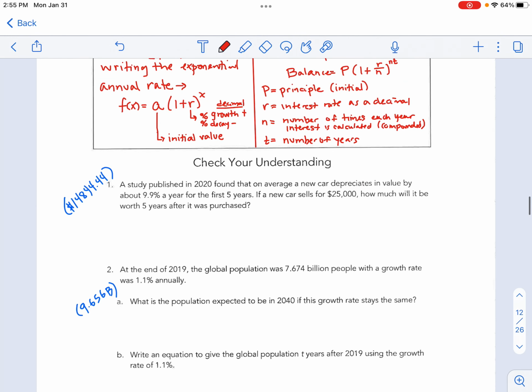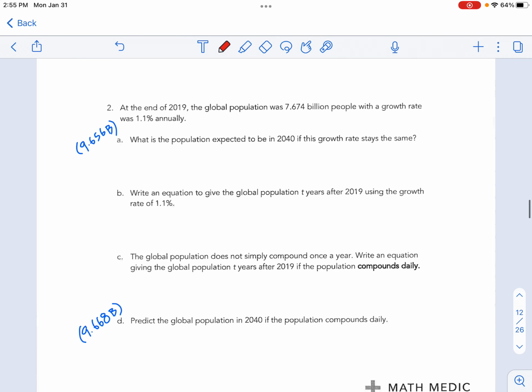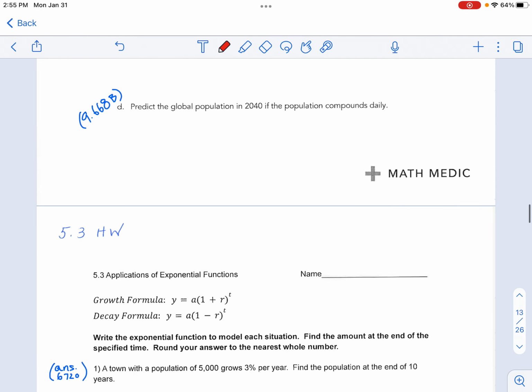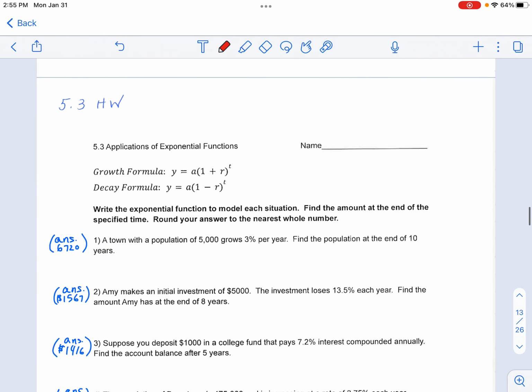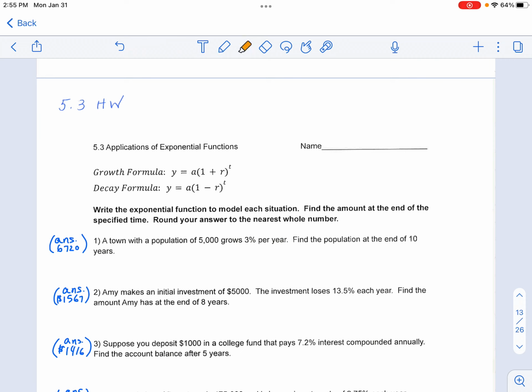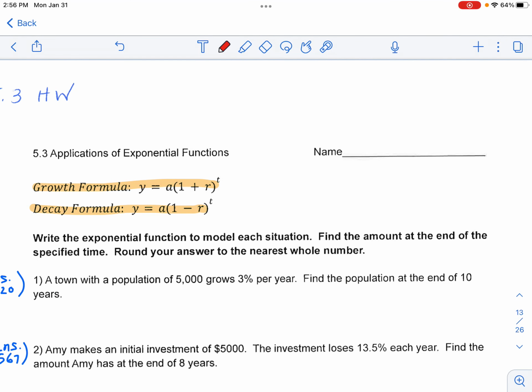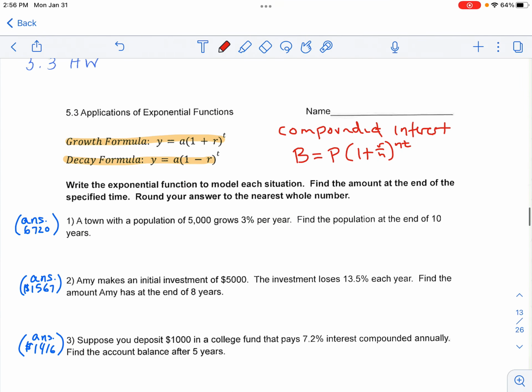And so as you're working on the check your understanding, I have a few answers here to help guide you, to see if you're getting the right answers as you're working on these compounding questions. And if you notice down in the homework, I've got answers for each one so you can check your progress as you go. And then just to highlight it here, I split out the growth formula and the decay formula for that annual calculation with the plus and the minus. And then we would also have our compounded interest formula, we could probably put that right there too: balance equals P times 1 plus r over n to the n times t. And then, of course, answers